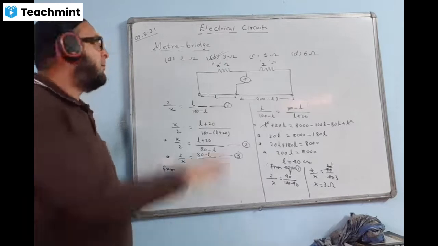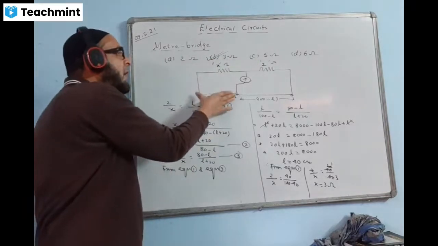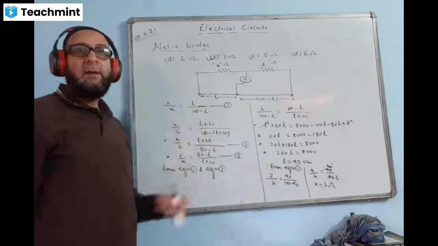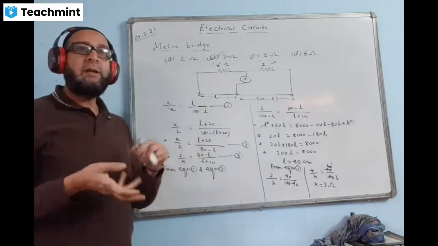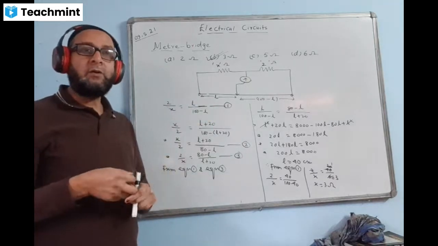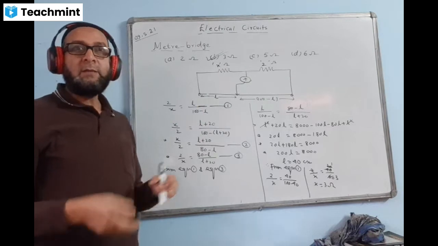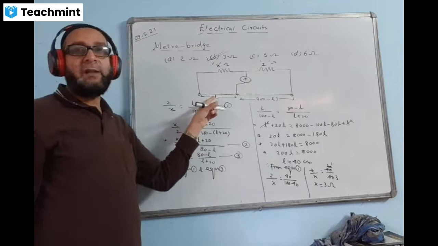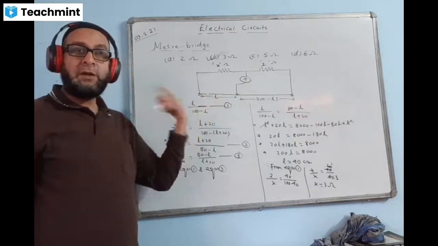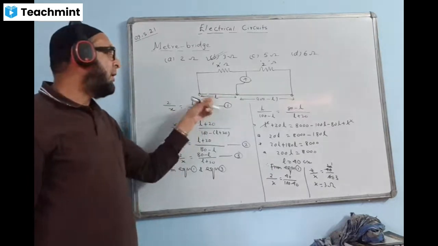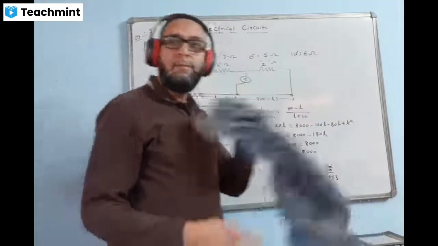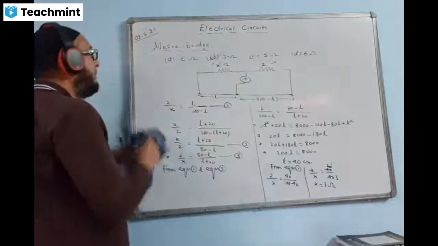But only we have P and Q, and instead of writing R by S, we take the length, because the resistance is proportional to the length when the area of cross section, the nature and the temperature are constant. That's why, instead of writing the ratio R by S, I write the ratio of length, a directly proportional ratio, L divided by this, and then that's the answer. So hope this topic is covered now.